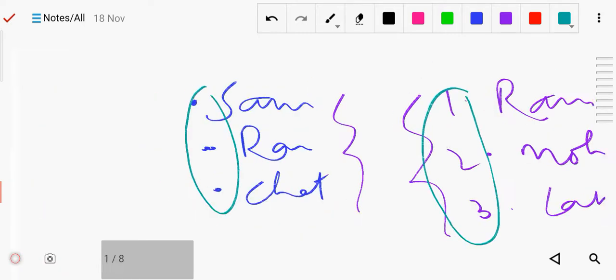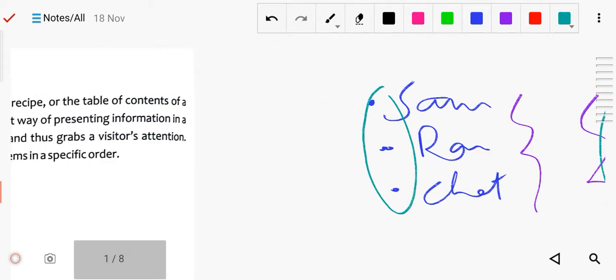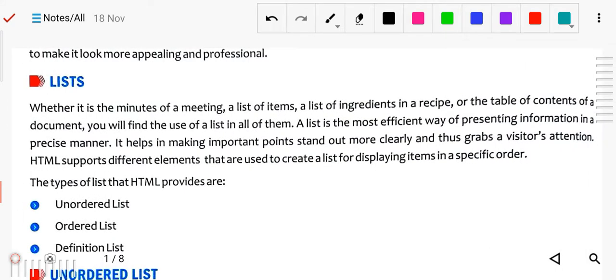So what is listing? Listing means that we are arranging things in an order. A list is the most effective way of presenting information in a precise manner. HTML supports different elements used to create lists displayed in a specific order.